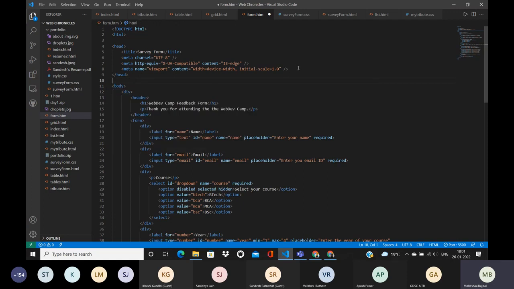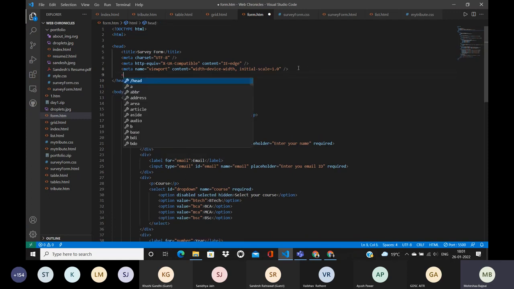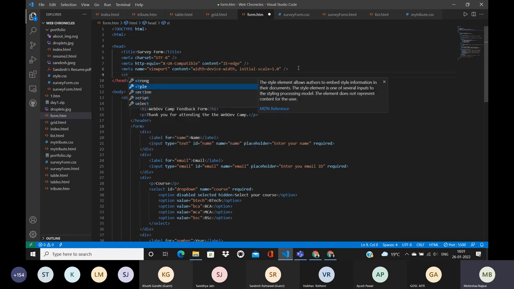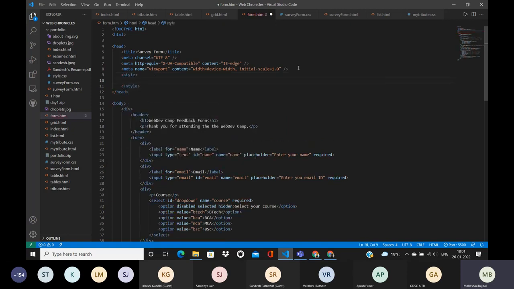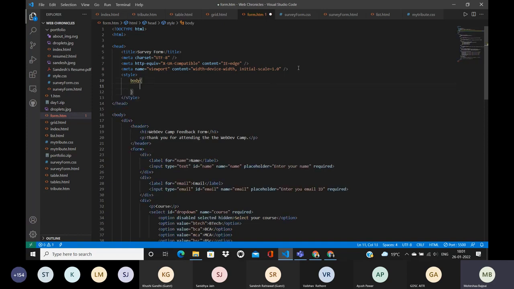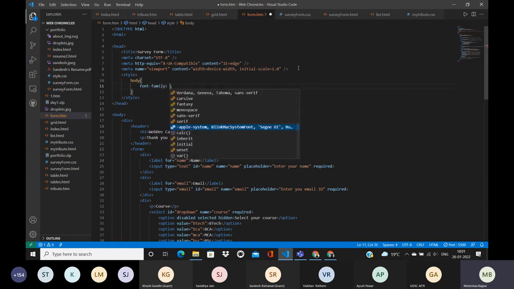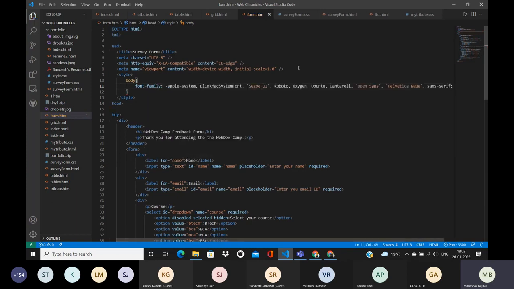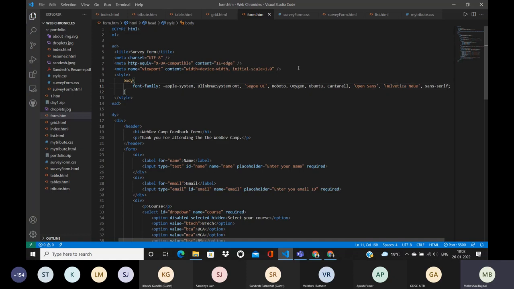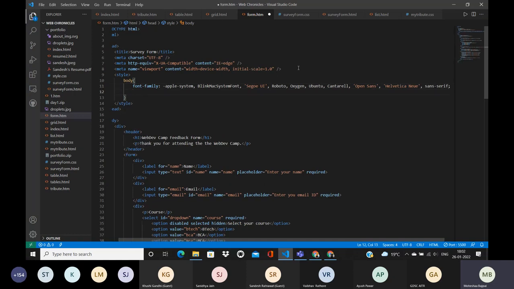सो वही प्रोसीजर अपन यूज़ करेंगे स्टाइल का, इनलाइन स्टाइलिंग। तो सबसे पहले अपन बॉडी, अपन फॉन्ट दे देंगे सबको। सबसे पहले एक फॉन्ट फैमिली दे दी। नेक्स्ट वी विल गिव बैकग्राउंड।